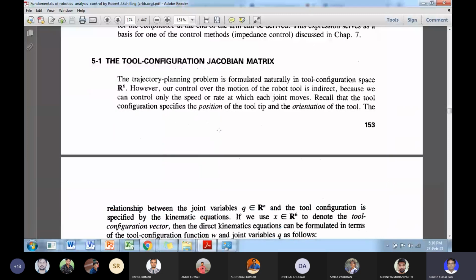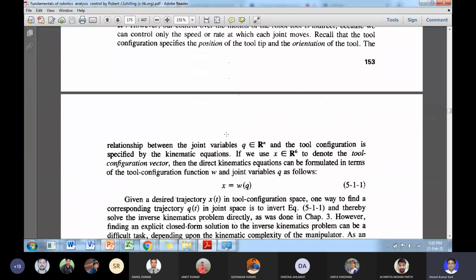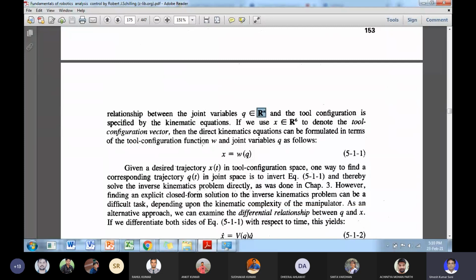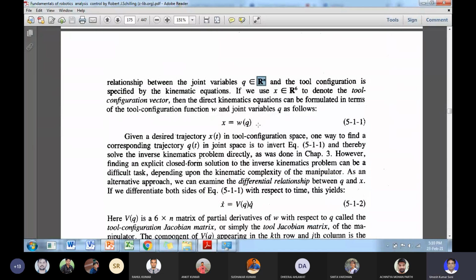We have determined in the previous study the position and orientation of the tool, and the joint variables are an element of the set Rn of real numbers. This may include the joint variables theta 1, theta 2, and d1, d2, d3. The joint variables may be variable distances and variable angles. So we determine the tool configuration vector, and then the direct kinematic equation can be formulated in terms of the tool configuration function W